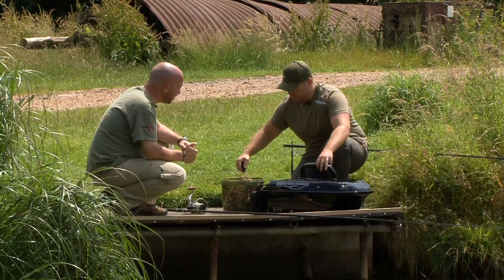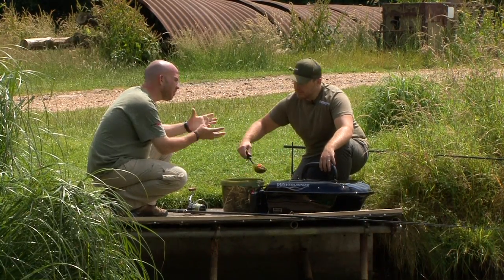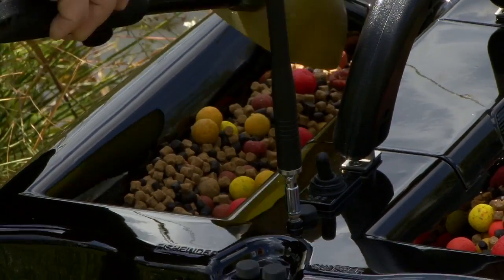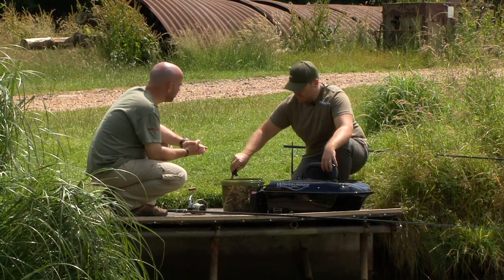Yeah, because I touched on it, but you've got a little trick to show us when we get out, don't you? Instead of, a lot of waters get accused of too many bait boats on. The fish have seen it all before. Tight piles of bait in certain spots. We're going to have a little bit of a spread bait, give them something a little bit different this time,